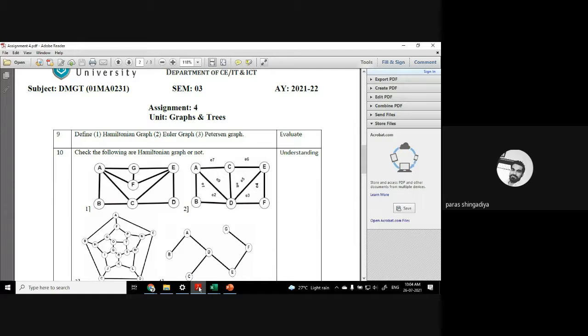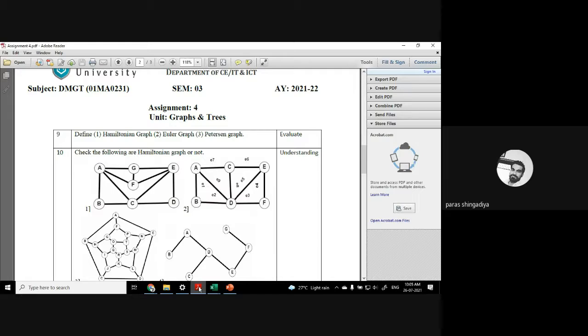Okay, I think most of you have done it. Question number 9: you have to write the definition of Hamiltonian graph and Euler graph. We can consider a 6-mark question from this. Write a definition of Hamiltonian and Euler graph with example, or define the Hamiltonian and Euler graph with example. So that is completely a 6-mark question where you explain the definition, its result, and then an example. Clear? So these are important.